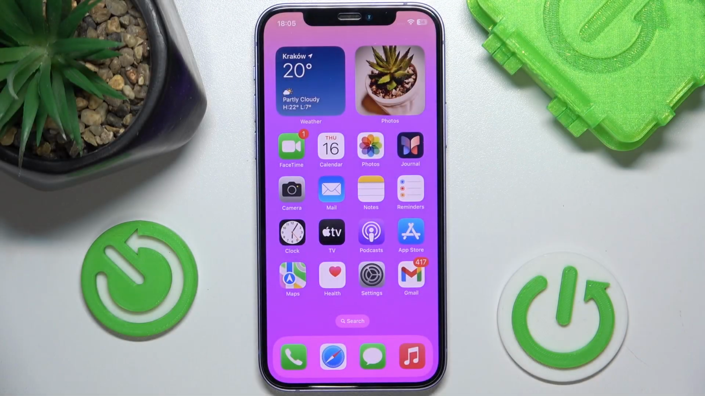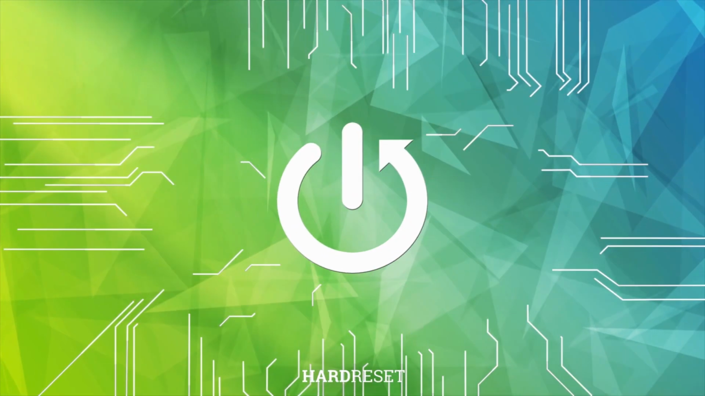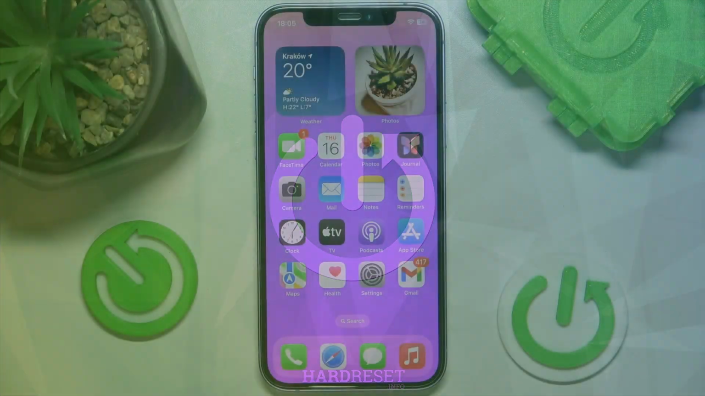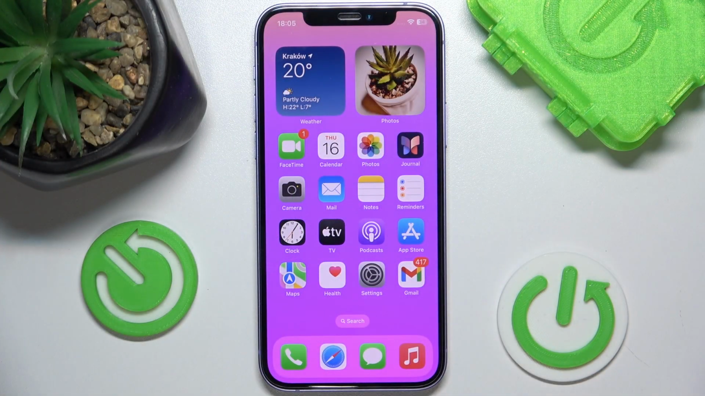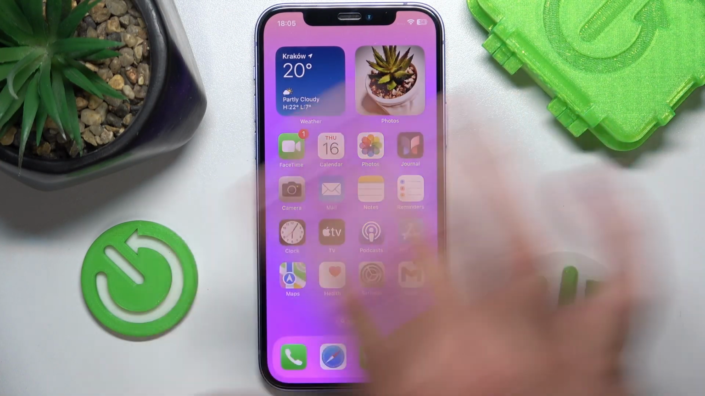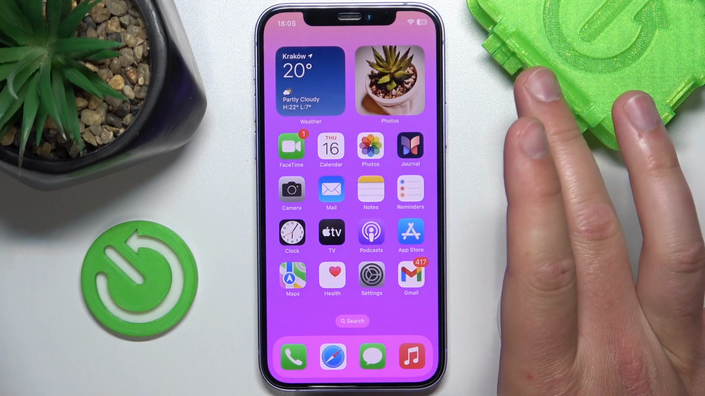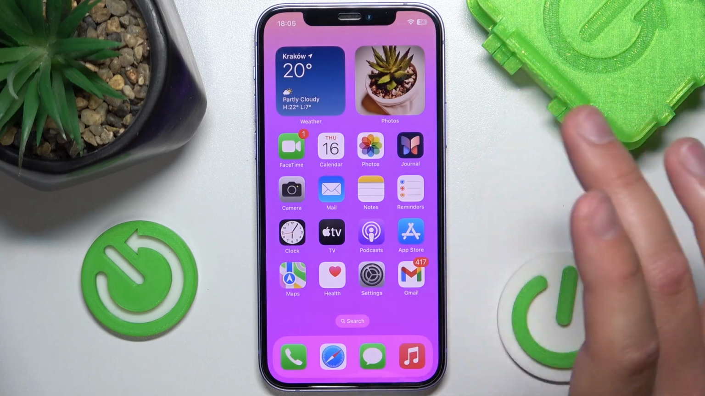Hello, in this video I'm going to show you how to enable or disable a feature called Offload Unused Apps and how it works on the iPhone. So today in front of me is the iPhone 12 with iOS 17.4, but it really doesn't matter which iPhone you have or which version of iOS you have, it is all going to work the same on